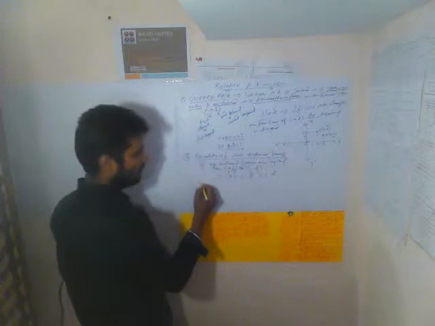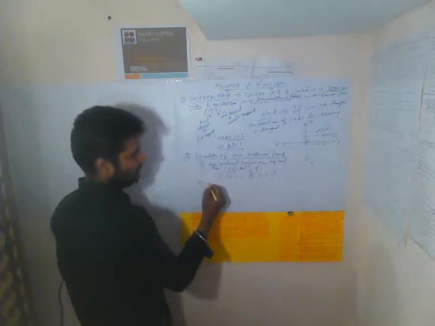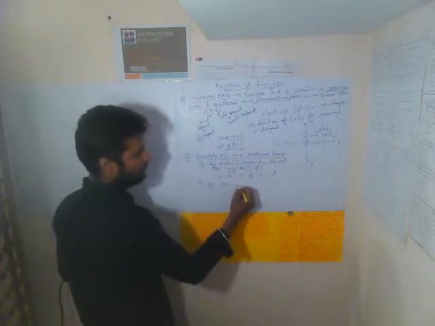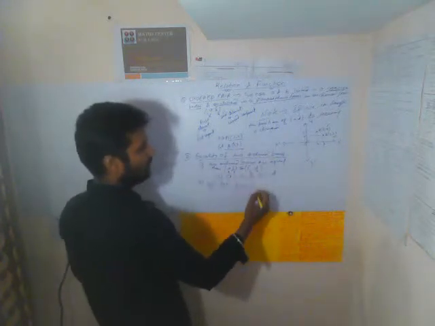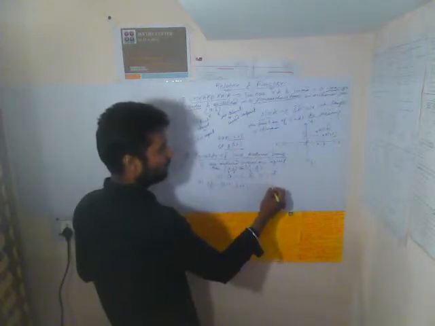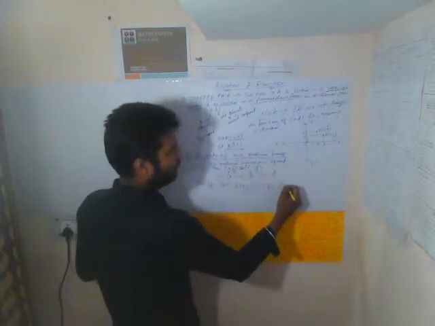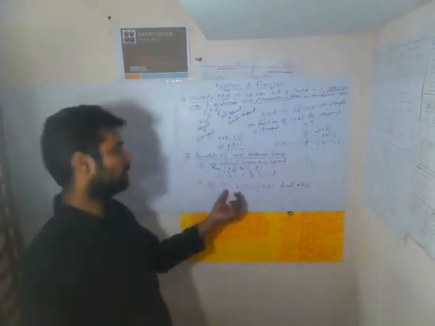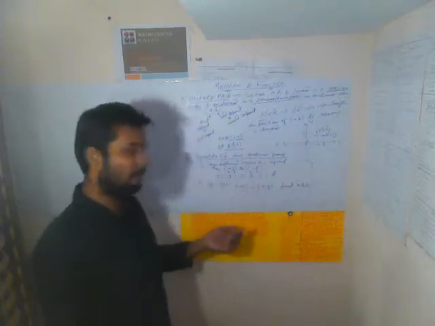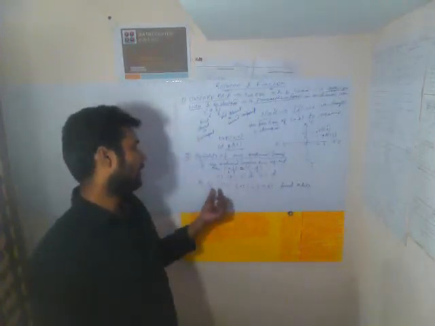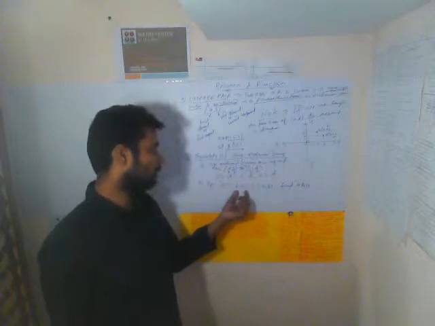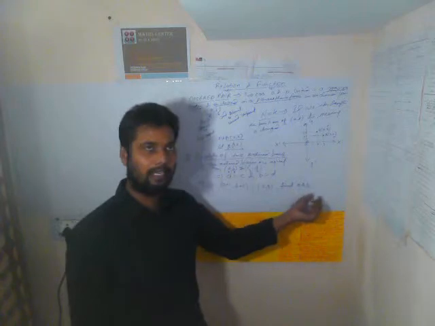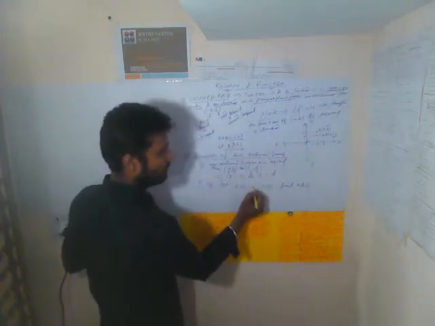Now the question may come in this way: if (a + 1, b + 3) is given equal to (2, 3) and we have to find a and b. Now the question comes in this form. It is a 1 mark question that comes in CBSE in general. If (a + 1, b + 3) is the coordinate of a point which is equal to (2, 3) and we have to find a and b, and this sign of equality is given between them.